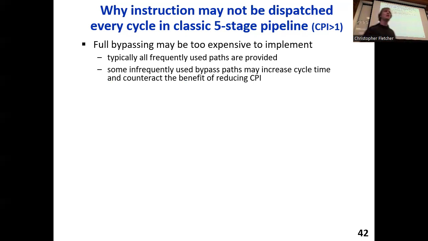Exactly. I'm not going to try to scroll back to the pipeline diagram to show how this breaks the laws of physics, but I encourage everybody, if you're having trouble seeing it, to work it offline. If you have a load which writes to a register, let's say X1, and then the instruction after the load is, say, an arithmetic instruction that uses X1, like X1 plus X2, or the contents of the register file at X1 plus contents at X2, you will, despite having completely bypassed this pipeline to the extent that you can,